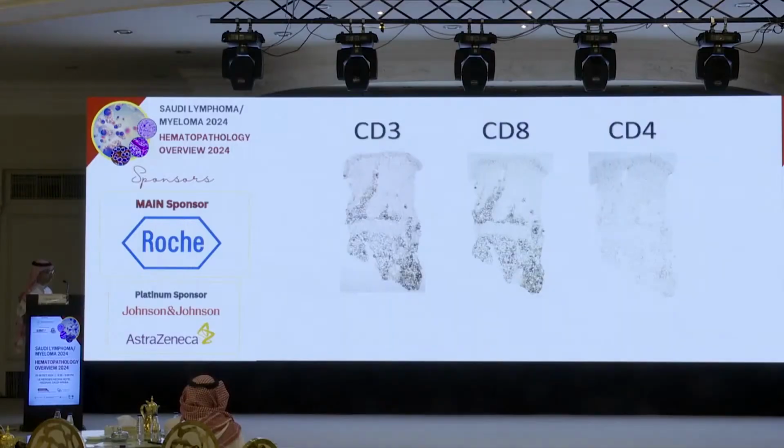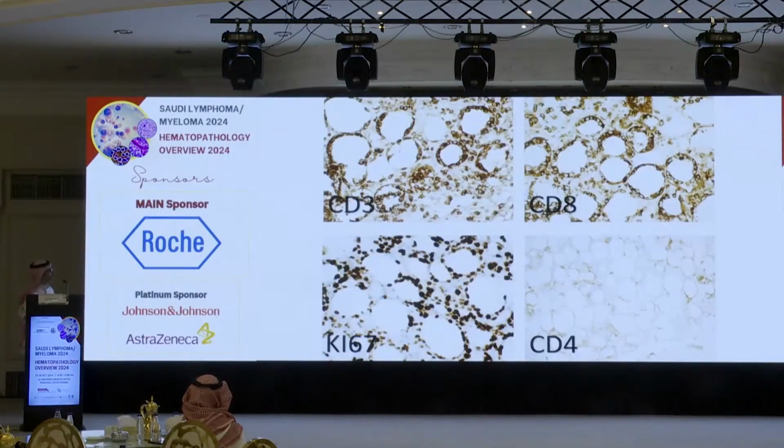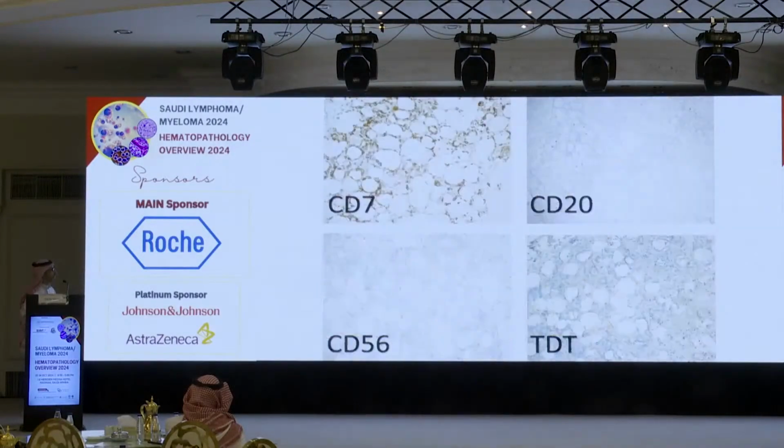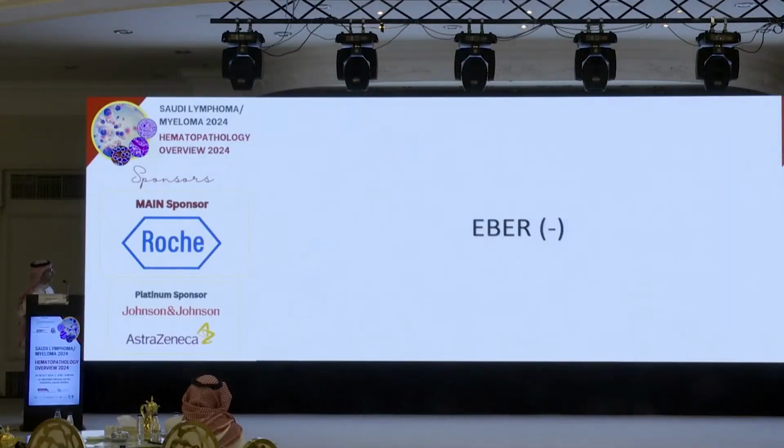So this is the immunophenotype. They are primarily CD3 positive T cells that express CD8. And if we compare CD8 to CD4, CD4 is negative. This is a higher power view for the same immunostain, CD3 and CD8 mirroring each other. We have high Ki67 proliferation index rimming the adipocytes, and there is negative staining for CD4. There is a mild decreased expression of CD7, CD20 is negative, CD56 negative, and TdT is negative, and EBV